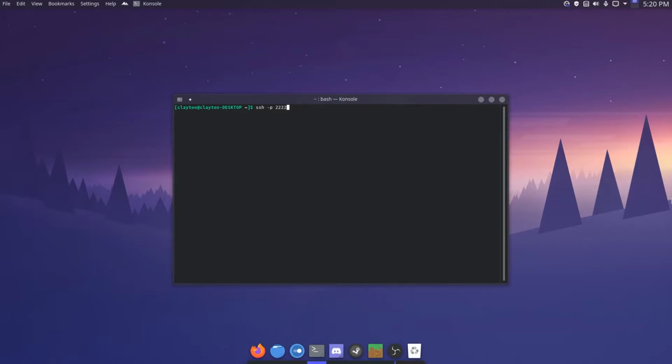The default's 2222, and the reason why it's not 22 by default is because 22 is a rooted only port, so it means that the devices have to be rooted in order to access it. So if your Android phone isn't rooted, you can't change the port to just 22. So I'd recommend just leaving it the default. It works fine. But if your device is rooted, I believe you can change it to 22, so you won't have to flag the port. But yeah, just flag the port, and then type in the